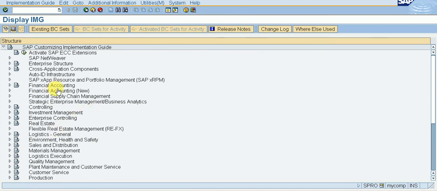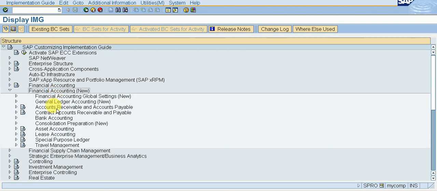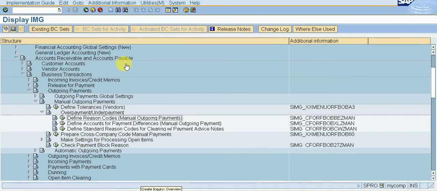In the display IMG screen, we can see financial accounting new, then accounts receivable and accounts payable, business transactions, outgoing payments. This is our path: accounts receivable and accounts payable, business transaction, outgoing payment, manual outgoing payments,